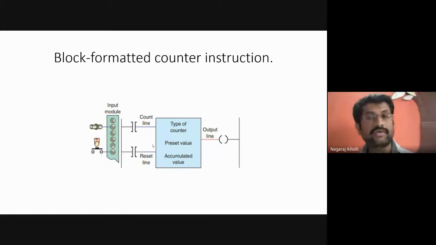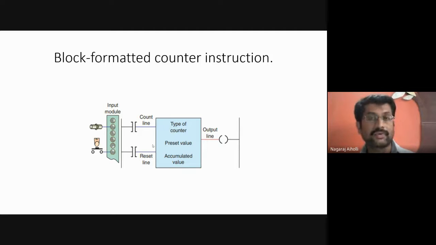So for that switching, we have to make it 0. Otherwise, what will happen? If the accumulated value is say 55, counting the first type of items, the count is 55. Then you want to count the second type of item, say there are 20. If the count remains 55, then the next time it will accumulate, and it will give you 75. That total value it will give, but it will not give you separately the count of the second type of items. Correct. So for that sake, we require the reset input.